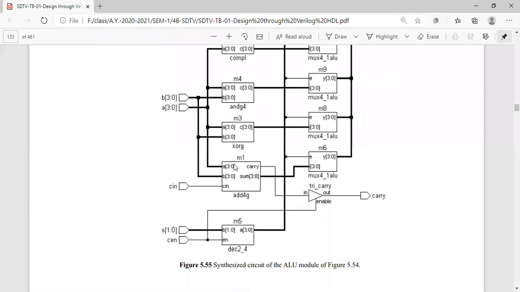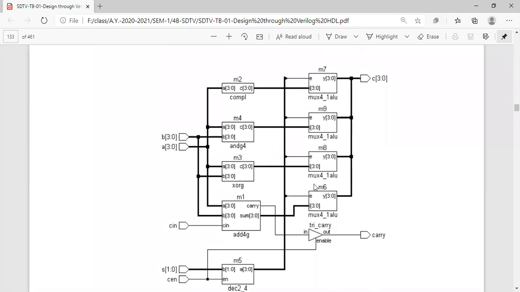So this is the decoder, right? Why are we using this decoder? It is to enable the corresponding module and transfer its output to the muxes, and from the mux it goes to the output.